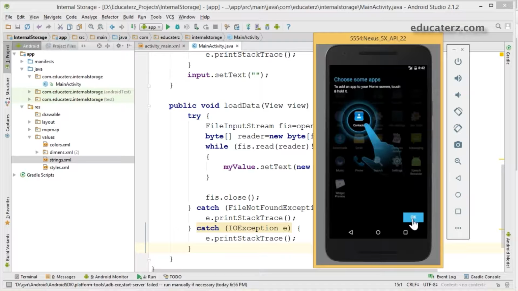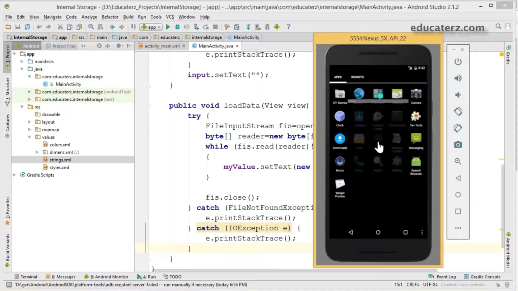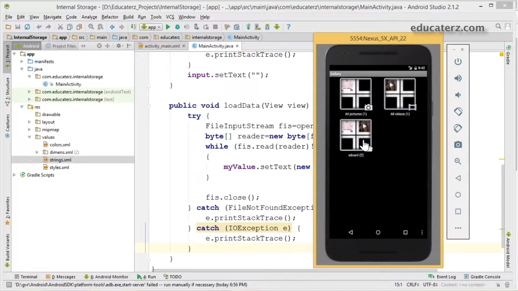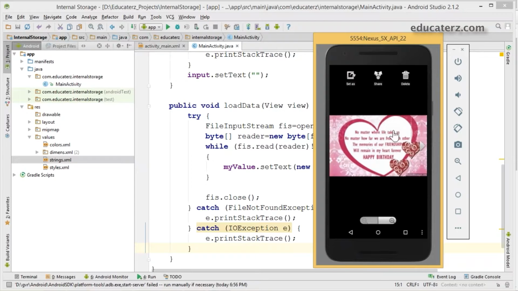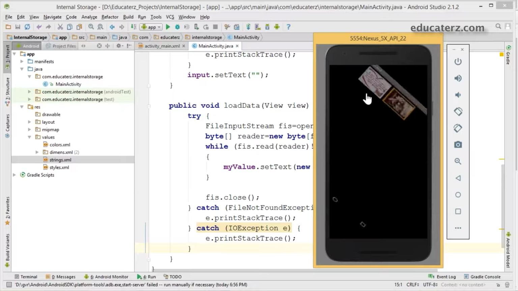Now click on gallery to check whether our images are available inside it or not. If you see here, SD card is available, so click on this. We have some images. The images which I have uploaded earlier, we can see like this. You can even share and all. The video which I uploaded earlier, some video is available.